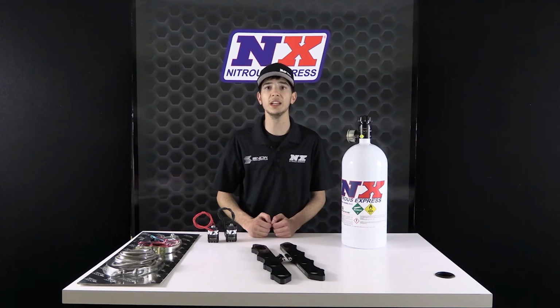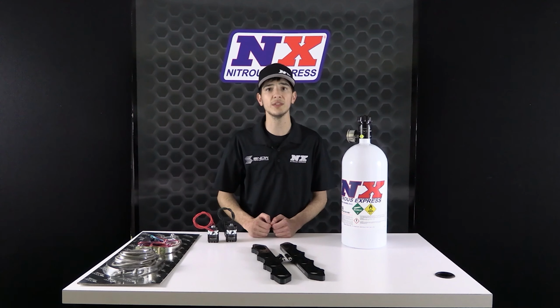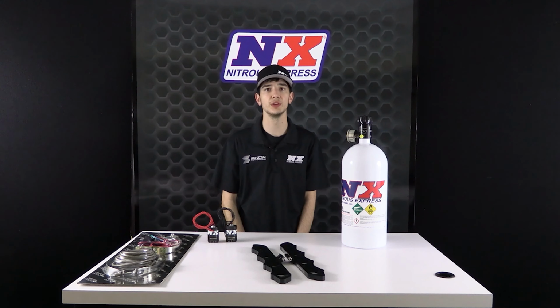These plates will work on any 5.0, but if you have the 2011 through 2014 intake, you will need to take off the excess plastic in the center of the manifold to get the plates to fit. The 2015 through 2017 intake will not work due to the design of the O-ring, and the 2018 and up requires absolutely no modification. The direct port plates offer a huge benefit compared to a single nozzle or plate system